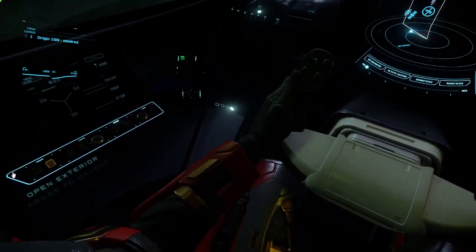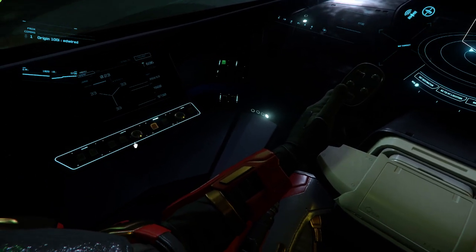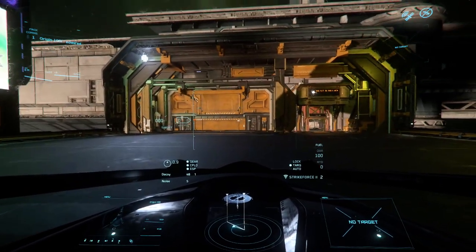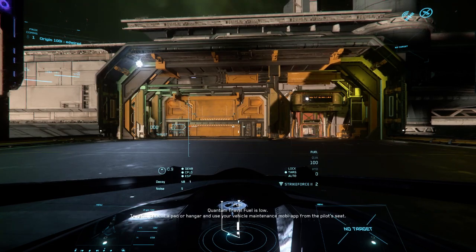Trying to see where our engine controls are. Now I'm not going to cut power off. I'm looking for engine off. You leave your power on in case somebody tries to ram you. There we go. Cut our engine off. You leave your power on so your shields stay up. So if anybody decides they want to